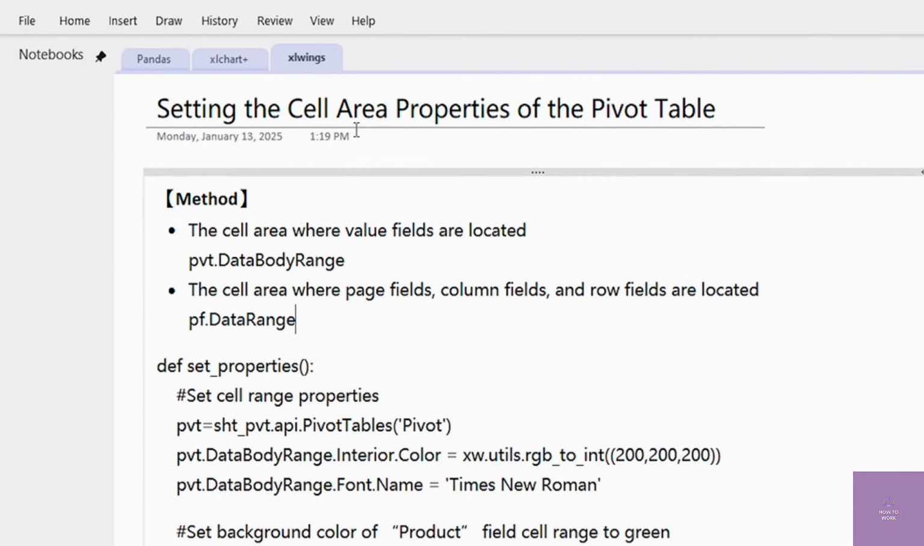Setting the cell range properties of the pivot table. To set the cell range properties, first you should get the cell range. Use this method to get the cell range. For the value field, use the data body range property of the pivot table object to get the cell range. For page fields, column fields, and row fields, use the data range property of the field object to get